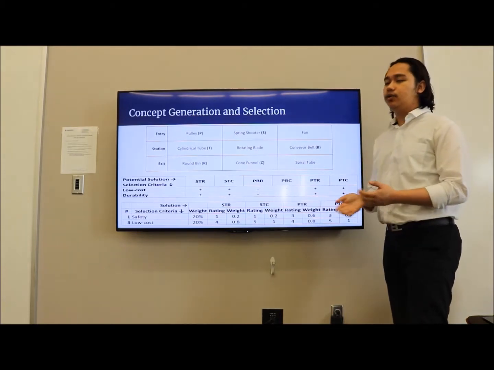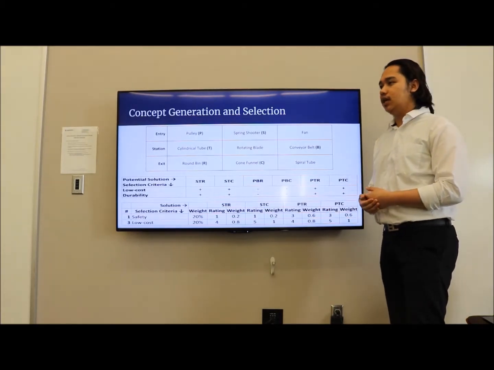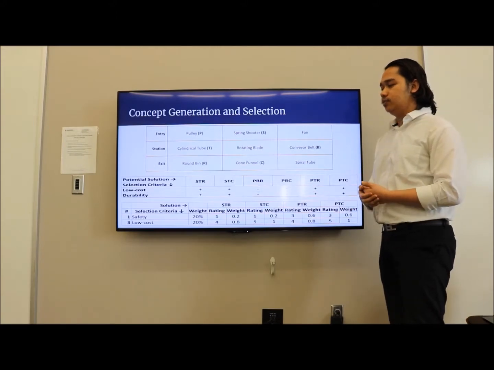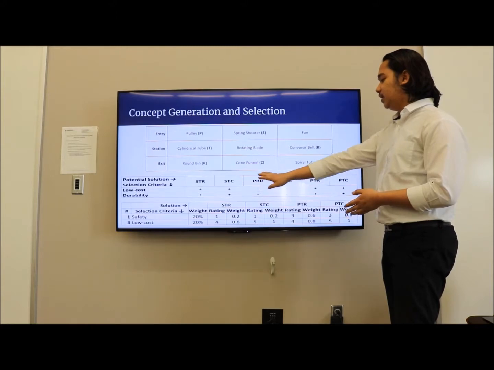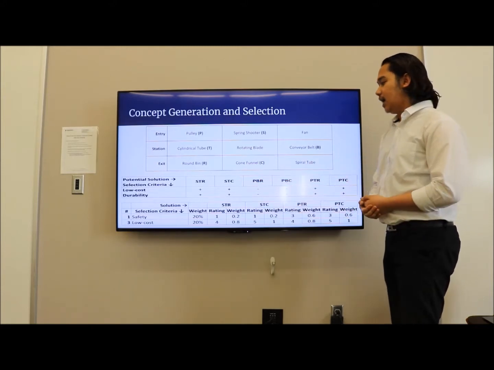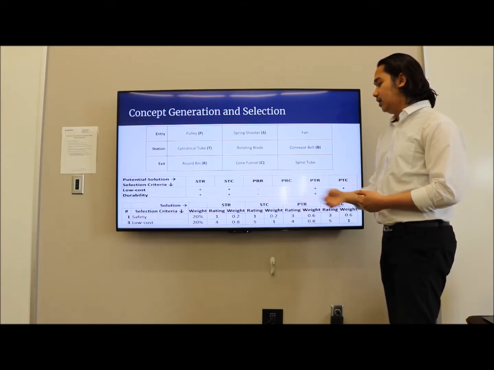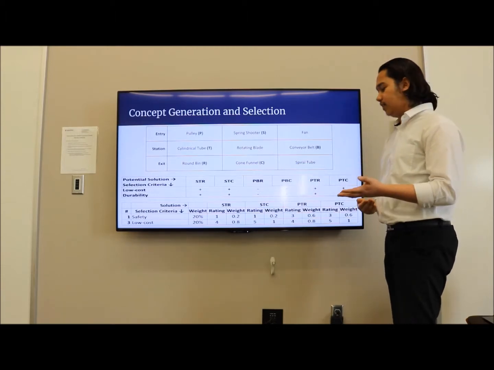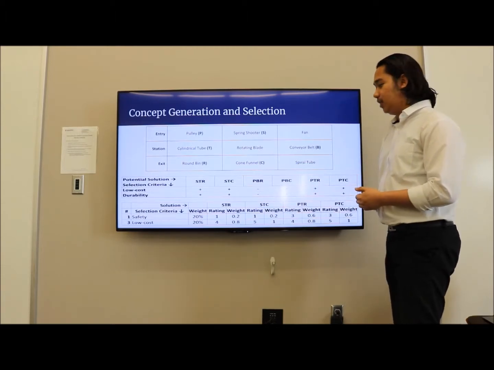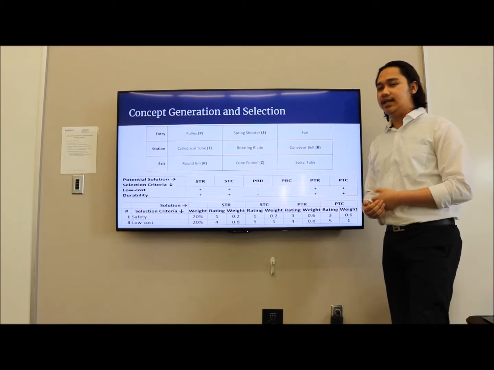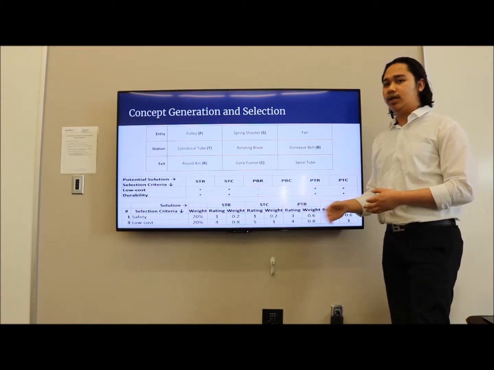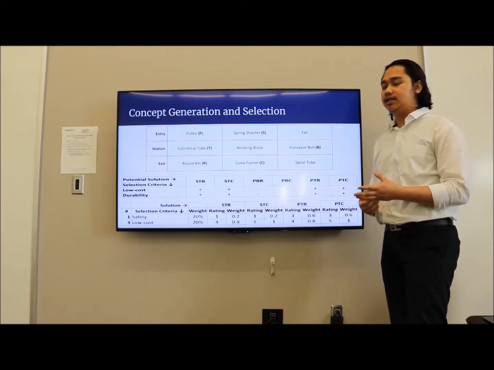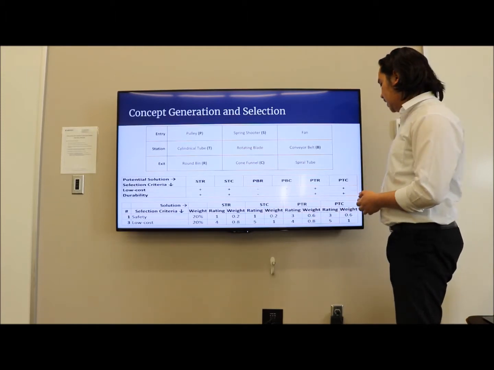The 6 combinations of solutions have gone through a screening process, in which we eliminated PBR and PBC. Using the 4 surviving solution combinations, we've used the scoring method to select which combination of solutions is the best for us, and we've decided to